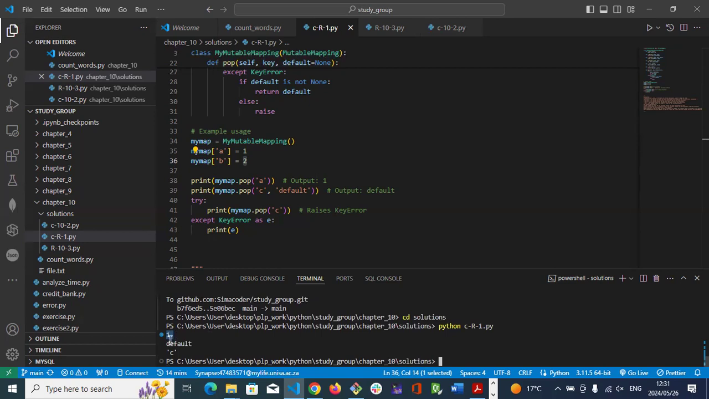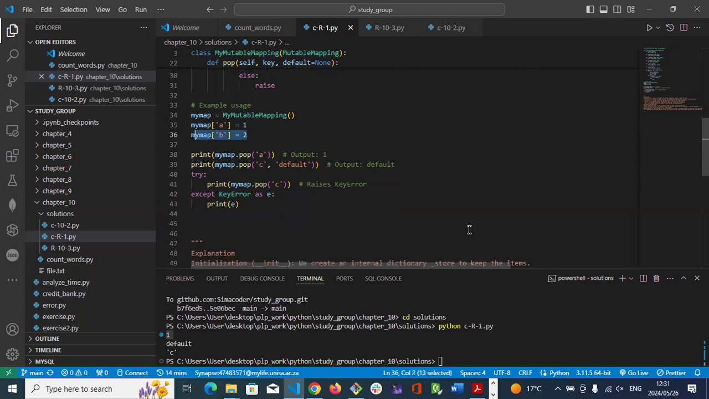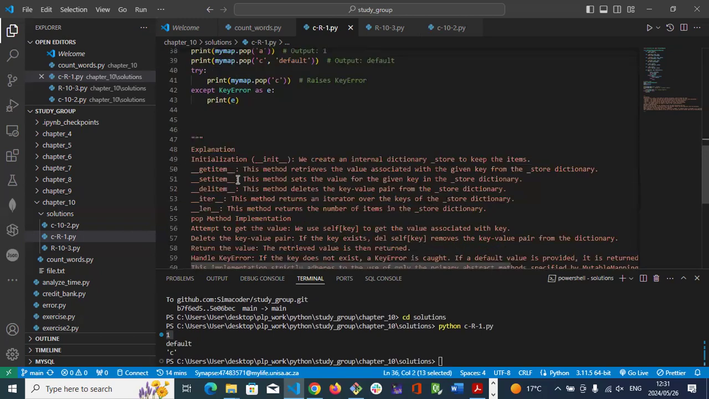It showed 1, which is 1, and the default C. This is the default, but remember it removed this P2 and only left C. My explanation, I'm not sure, is that with initialization of the constructor __init__, it created an internal dictionary store